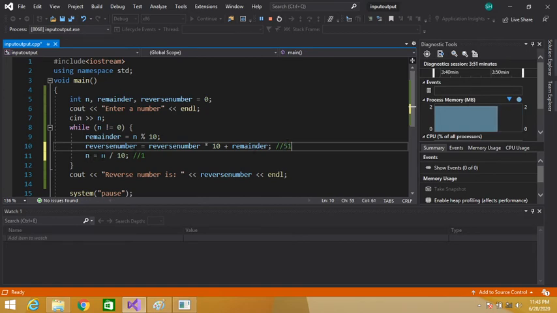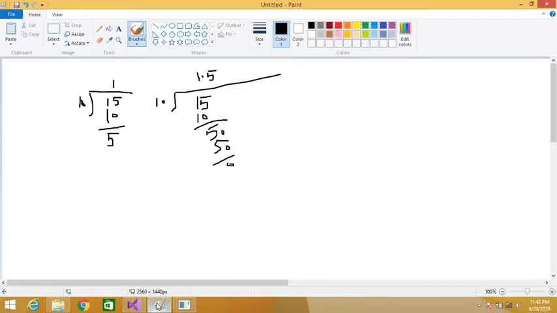And here n divided by 10. n contains 1. 1 divided by 10.